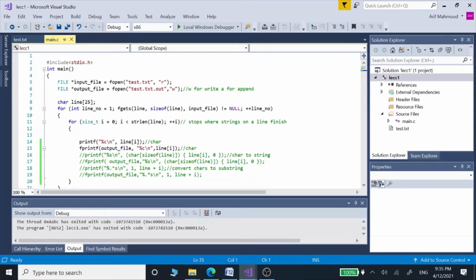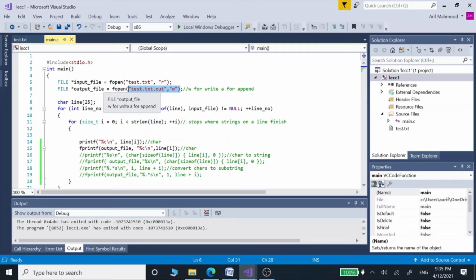So this is a C program first, and in this main program, we are giving the name of our input file, and we are going to open it through this file handle. Then we give the name of our output file as well, and we open it through a file handle on this code line.